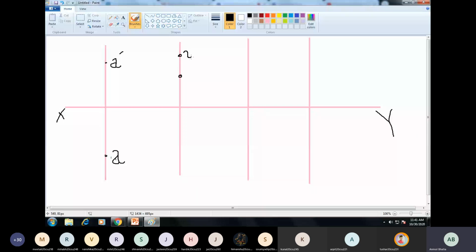We'll make both the front view and top view on the top. Yes, front view and the top view both lie above this XY line. If it is in third quadrant, the top view will be above the XY line and the front view will be below the XY line. This will be the front view, opposite of the first angle projection. And whenever we place the object in the fourth quadrant, we'll keep both the front view and the top view below this XY line.